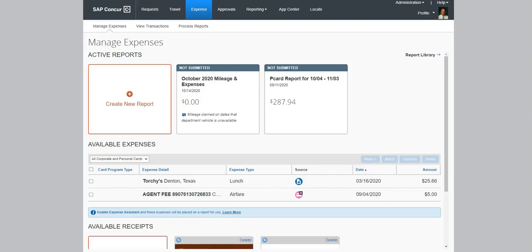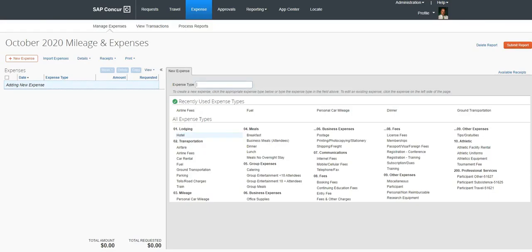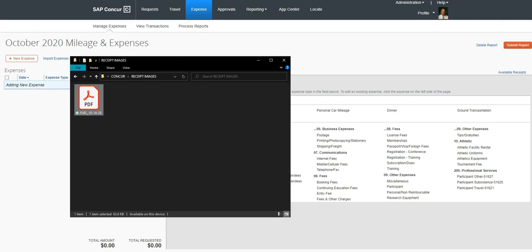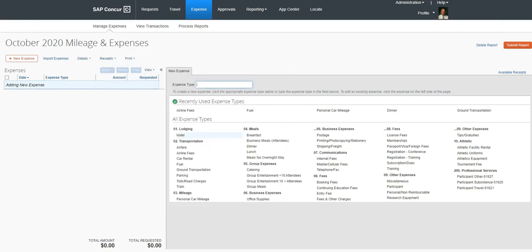This demonstration will show how to create an expense from scratch and attach a receipt from a file located on the user's computer. For this example, receipts have been manually scanned and saved as PDFs onto the computer desktop. To create a new expense, choose from the list of expenses on the right-hand side of the screen to get